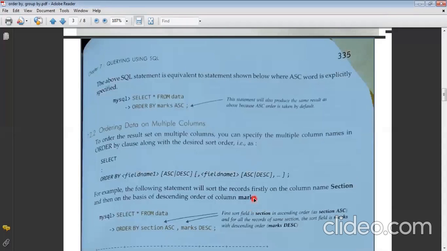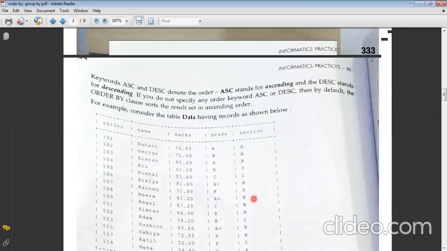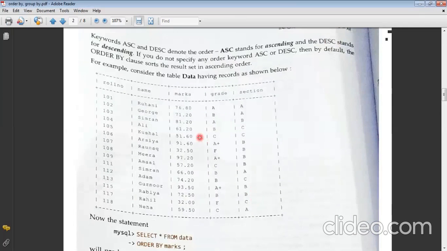First of all, let us just see what the original table was. So the table was this. Now, I was telling you, see, if marks is in descending order, then 32 and Rahil should be the last one to come. But if I see the section, okay, section is also C, and section should be in ascending order. So okay, this will match, section is in ascending order, so anyway it will come in the last. But in case section is A and the marks is 32, which is the lowest, then how is it going to sort? So let us just see the output, you will understand it better.